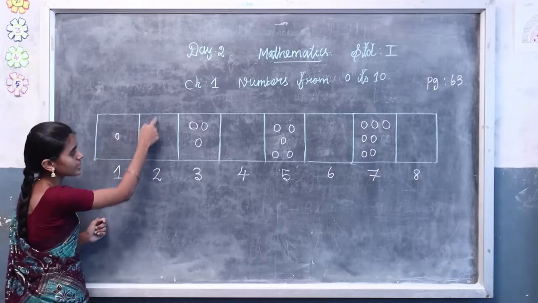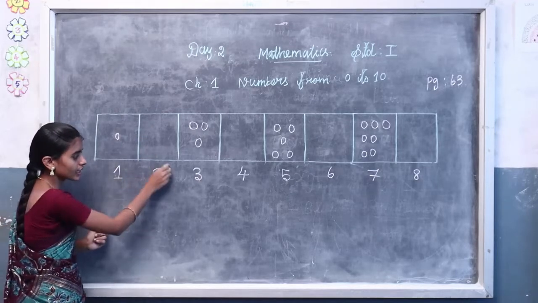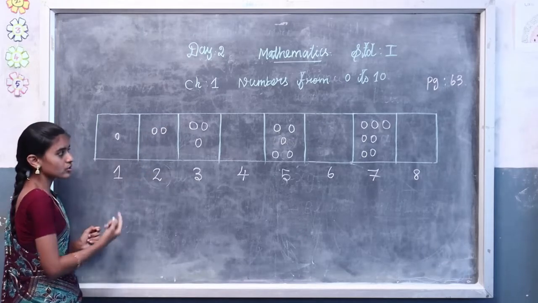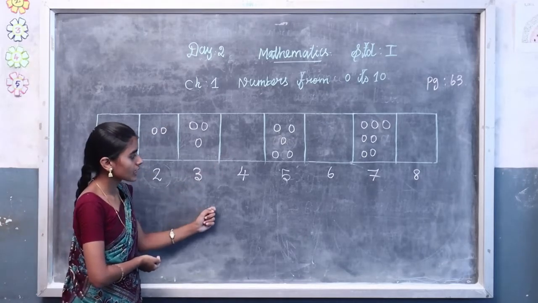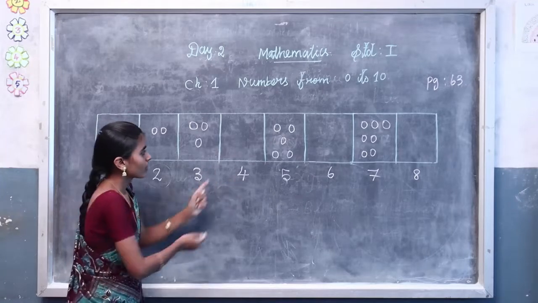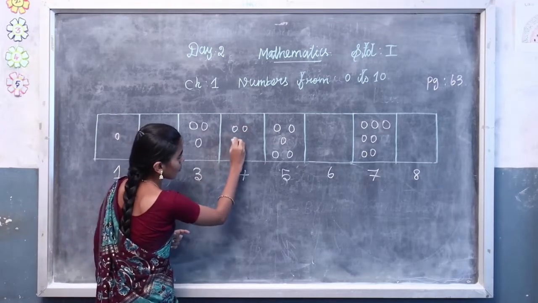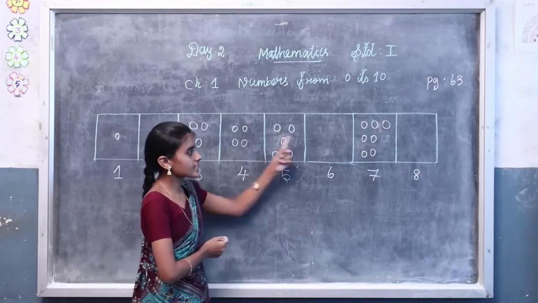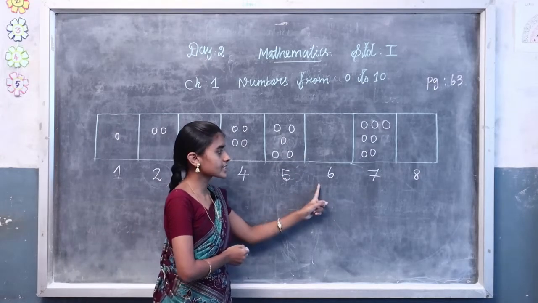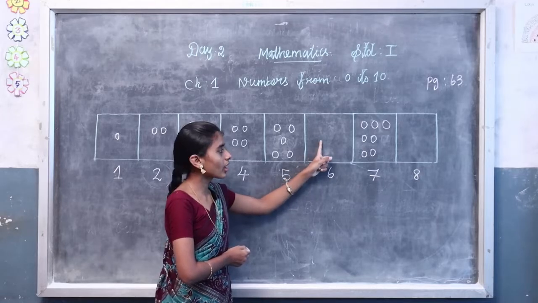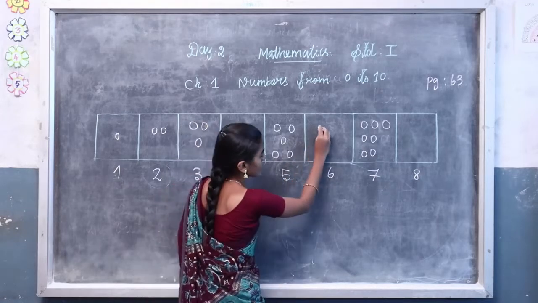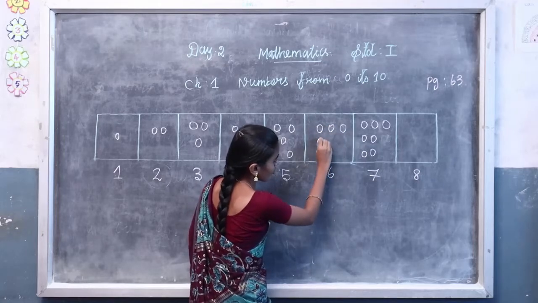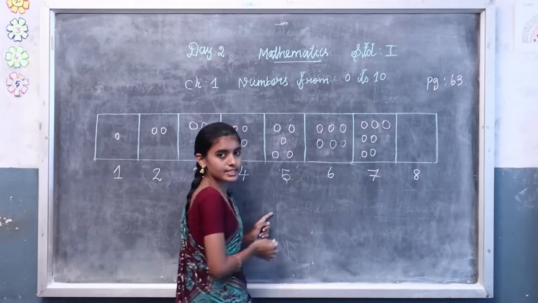So see the second box. There is an empty box. See the number 2 here. So fill the box with 2 balls because there is the number 2. Then see the next box. Here is number 4. We have to draw 4 balls here. 1, 2, 3 and 4. See the next empty box. There is number 6. So how many balls do we have to draw? 6 balls. So draw the 6 balls in the empty box. 1, 2, 3, 4, 5 and 6.